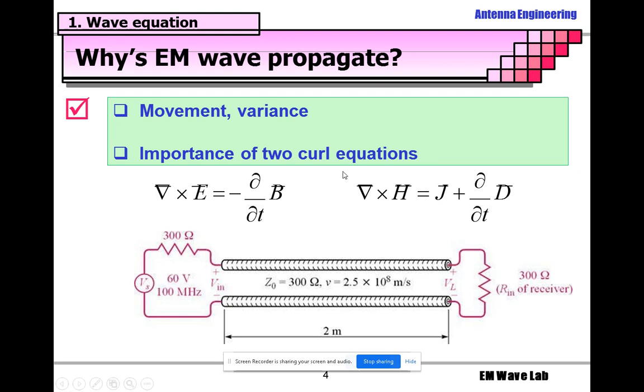So from the transmitter to the receiver side, you are going to transmit or propagate the electromagnetic waves through the conductors. So here we are going to determine the two important curl equations, that is del cross E and del cross H, for electric field and magnetic field. So del cross E vector equal to minus dou by dou t into B vector. Similarly, del cross H vector equal to J vector plus dou by dou t into D vector. I think you all know what B and D are. B is the flux density for the electric field, D is the flux density for the magnetic field, and J is the current density.